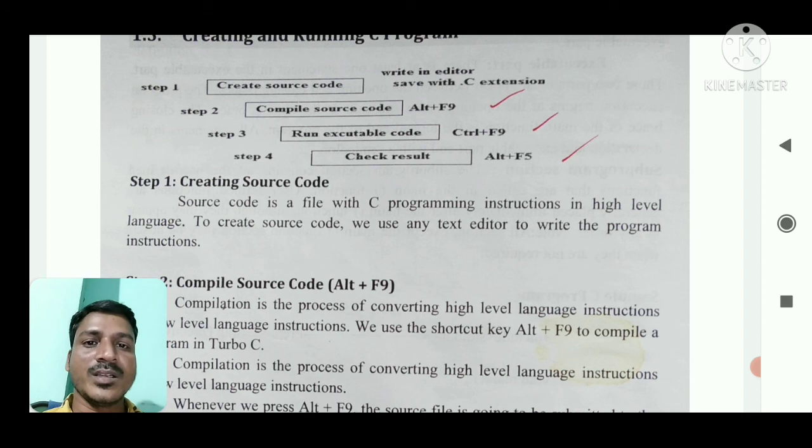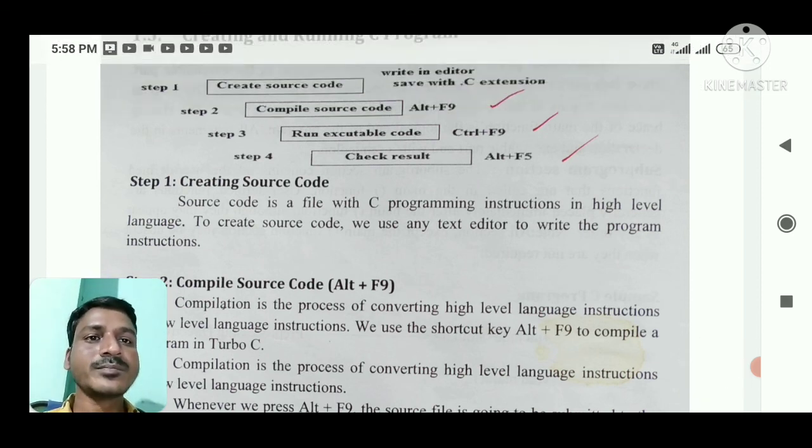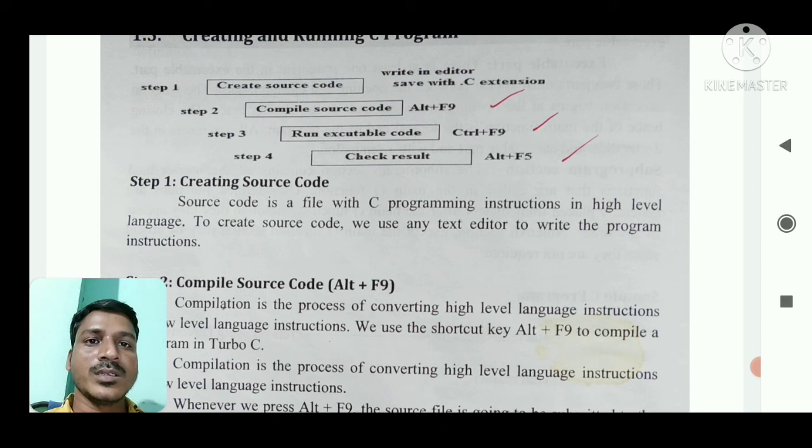Okay, so according to C language syntax and rules, we create the C language program, the C language source code, that is saved with the .c extension. Okay, so this is creating the source code of the C language.